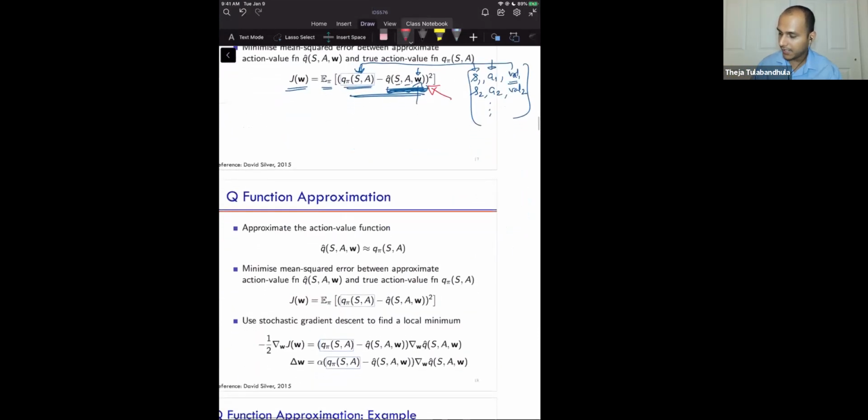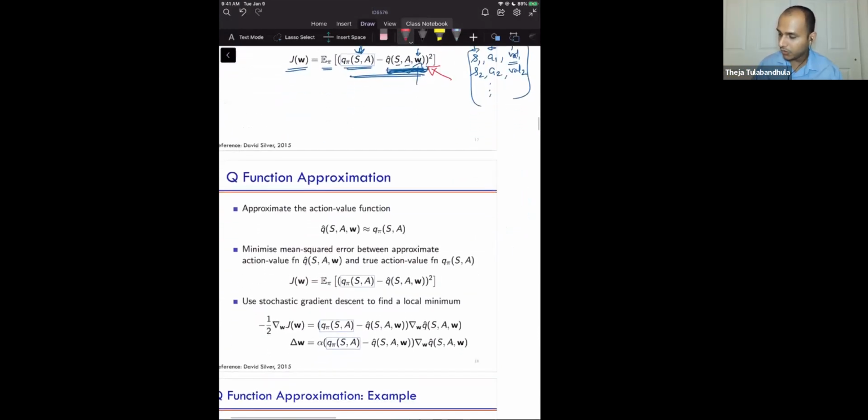So with that idea, for every W, I can get a score, because we said we know this true thing. You can imagine how we can do a stochastic gradient descent. For stochastic gradient descent, let's say we can drop this expectation. Recall for stochastic gradient descent, you basically work with batches. You can think of a batch size of 1 if you want. If you drop that expectation, you basically have a squared function,